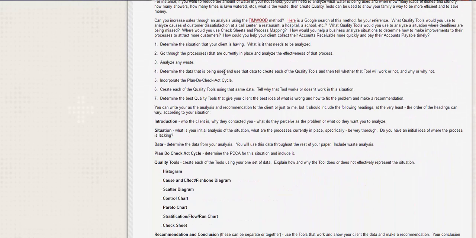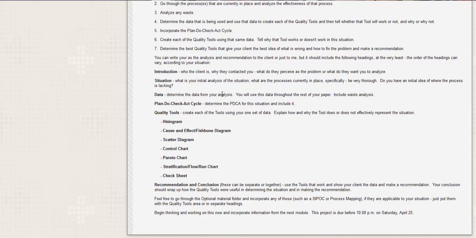So now this might make a little more sense when it talks about Tim Woods and the things that you're going to need to put in here. You really want to do a thorough analysis and see if you're going to need to incorporate that in there. Do you have any waste? And you can be as creative as you want for this. It can be as realistic. It can be something you saw in a TV show. It could be something you saw in a movie. And